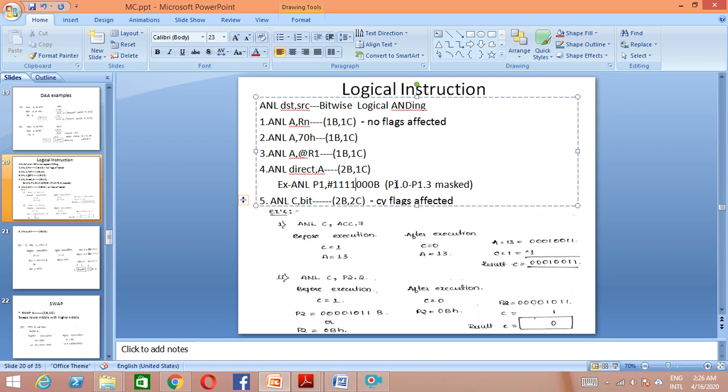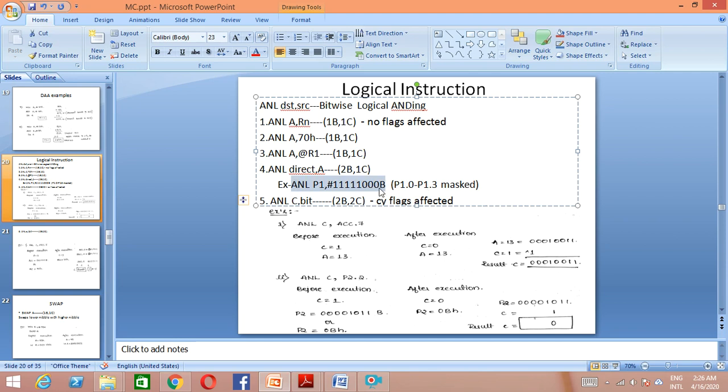Here, what is actually happening is, just a second, okay, 5 ones and 3 zeros. So there are totally 8 bits we have. That is how we can perform it like this also. This is also a correct instruction. We are performing ANL P1 comma hash 5 ones 3 zero bits. B stands for bits. What it is going to do is mask only certain bits of P1.